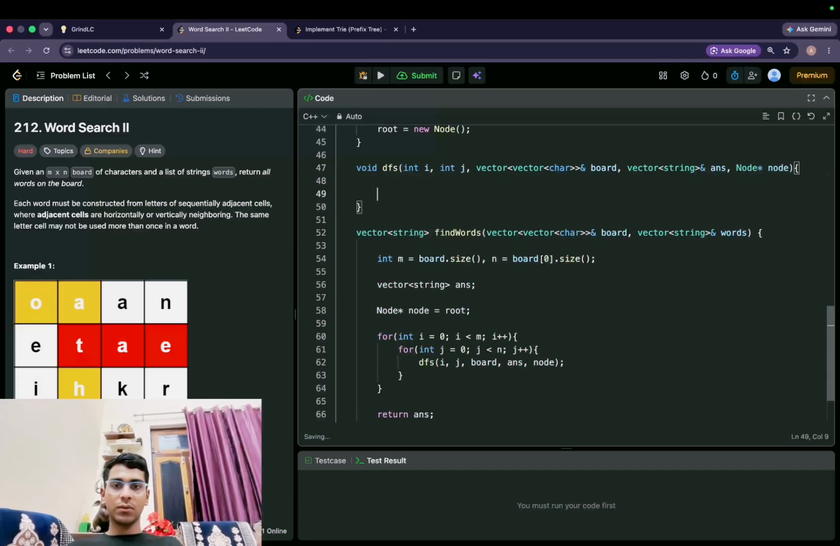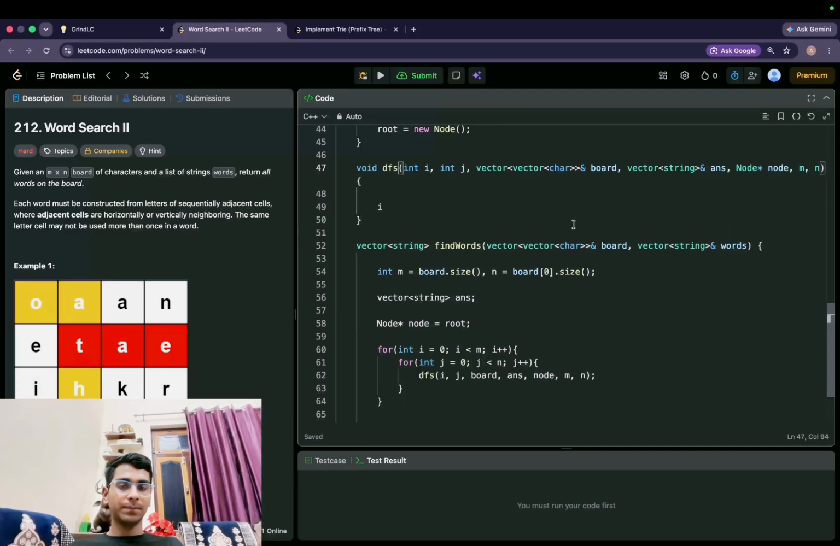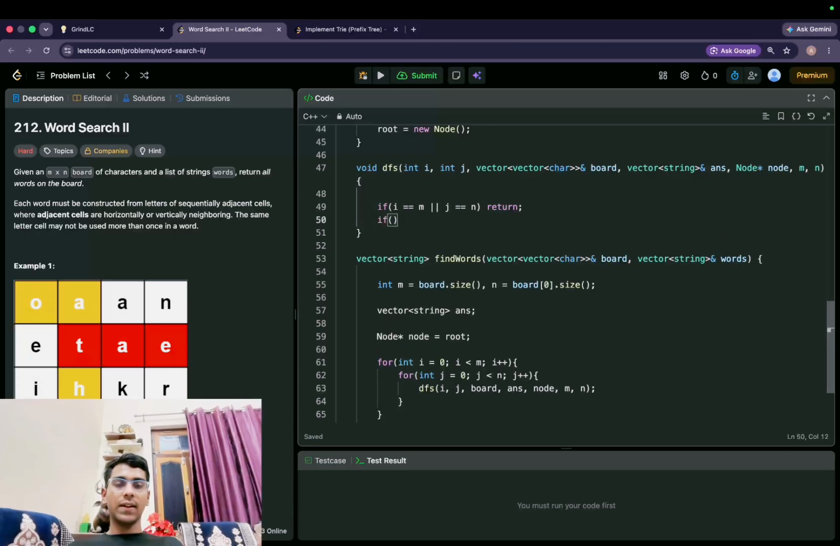Okay, so first of all, I'll check if i is like, we can also pass m and n, just for not writing too much stuff. So if i becomes m or j becomes n, then simply return. If anything else, int